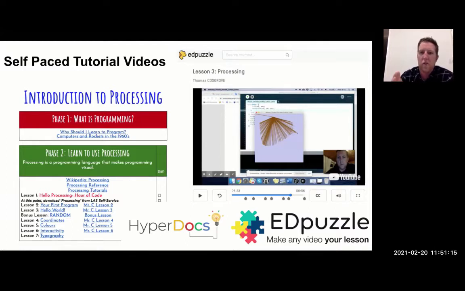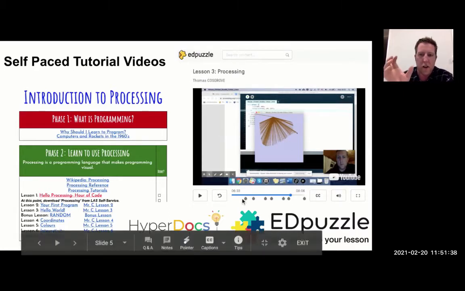I was trying to also avoid the question of students saying, I'm stuck, I need help, I can't figure it out. Of course that happened, but I wanted to limit it because I didn't want every student stuck at a particular stage. I wanted them to have at least tried it on their own and then come to me after they're legitimately stuck. So I posted my screencasted videos on Edpuzzle, which is a video sharing platform